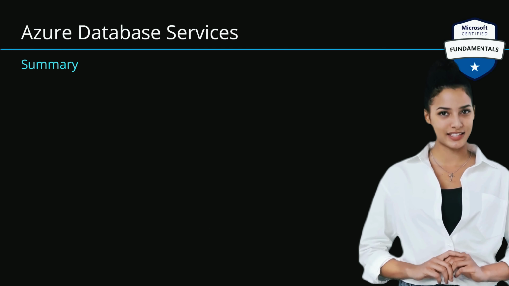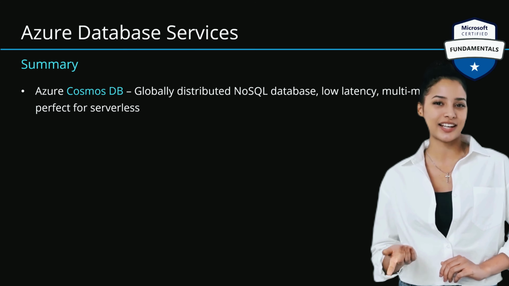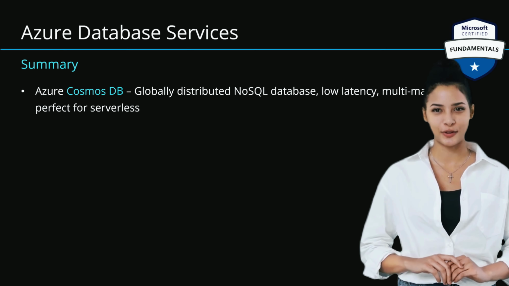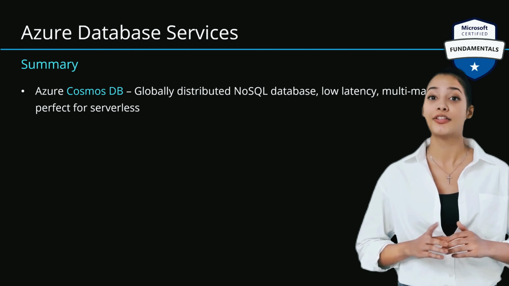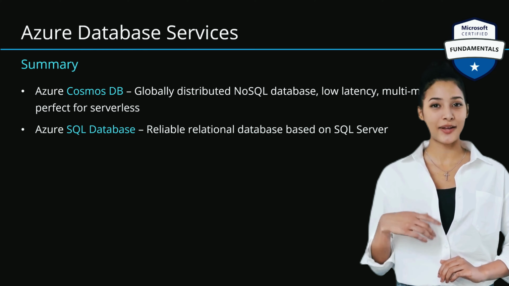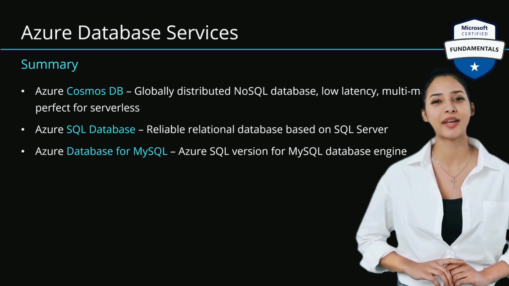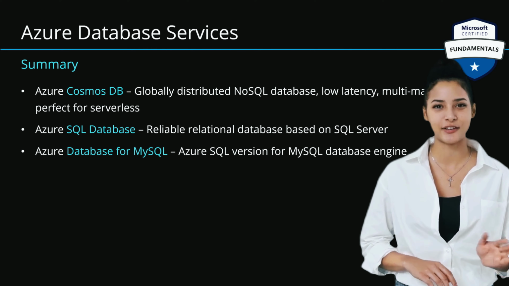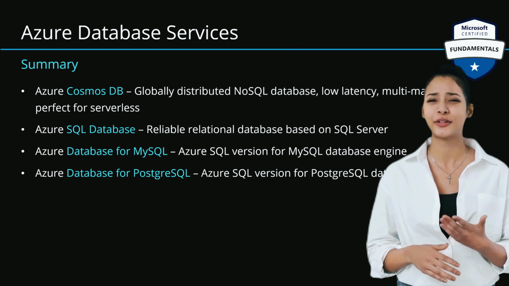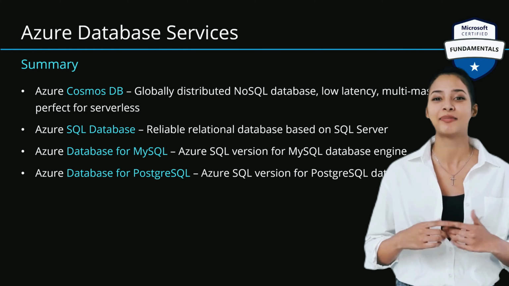The database services that we've learned today are Cosmos DB, which is a globally distributed NoSQL database in the cloud, allowing customers to take advantage of low-latency multi-master, which is perfect for building globally distributed applications and serverless applications. We've also learned about Azure SQL Database, which is a reliable relational database based on the popular SQL Server. We've also learned about Azure Database for MySQL, which takes advantage of the Azure SQL platform offering with the MySQL database engine. And a similar case for PostgreSQL: Azure SQL delivers all the cool features,